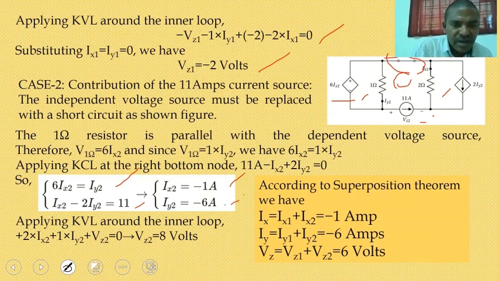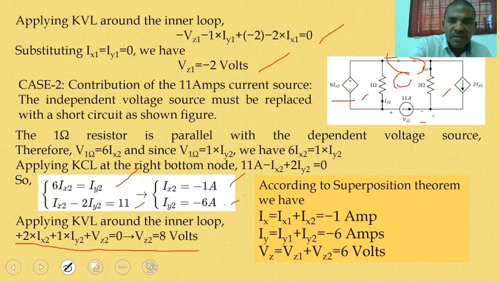Using this, we have calculated Ix2 and Iy2. Now we calculate the Vz2 value. For that, we write the loop equation: plus 2 times Ix2 plus 1 times Iy2 plus Vz2 is equal to 0. Finally, by substituting Ix2 and Iy2 with 1 ampere and minus 6 amperes, you get Vz2 as